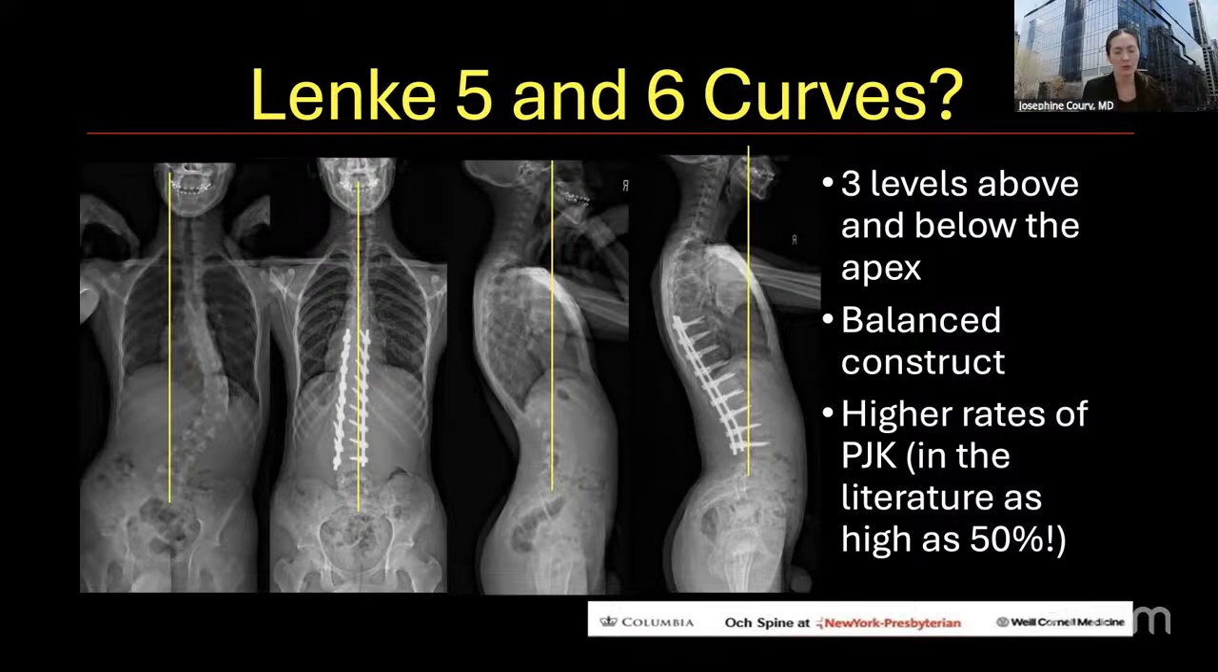We use an all posterior approach, pretty much every surgeon at Columbia, just because it's a safe approach. You're not seeing any of the abdominal organs or major arterial vessels, and you can get a really excellent correction posteriorly as well. And it depends on the approach and how the anterior release is done, but I've seen a few tethers now,